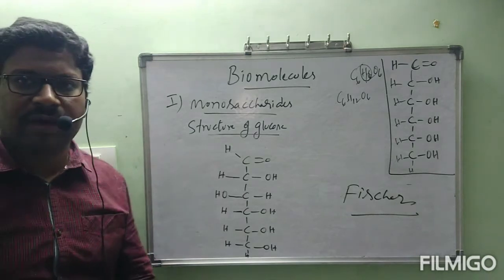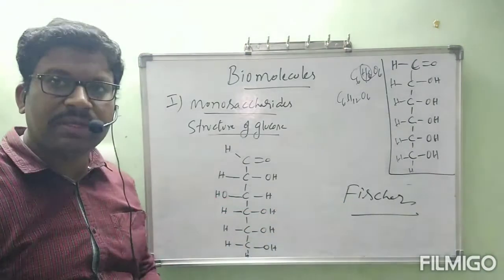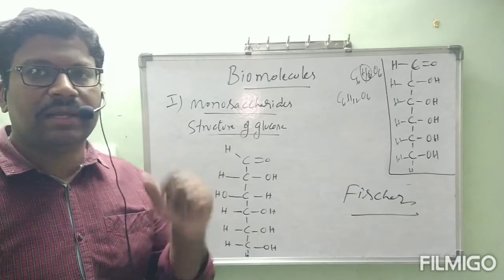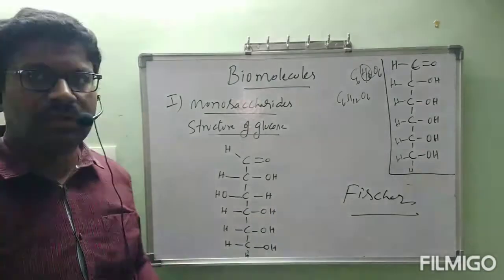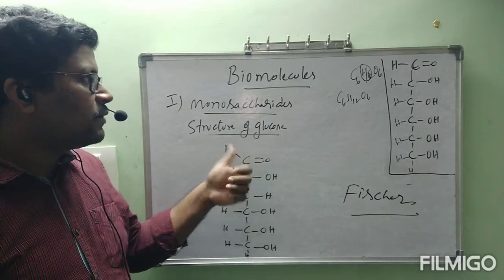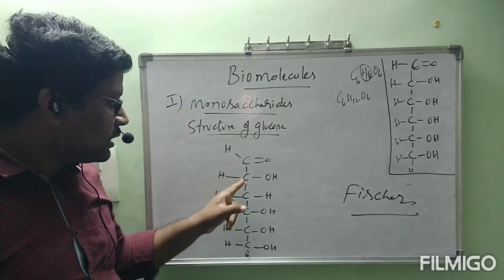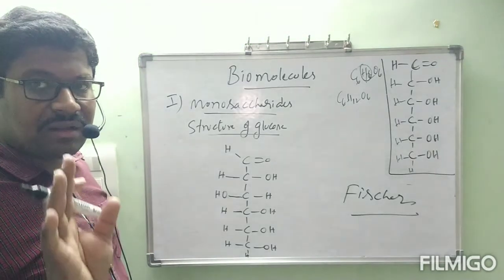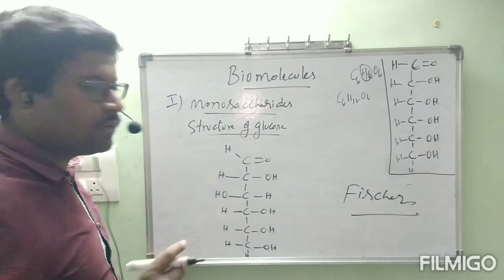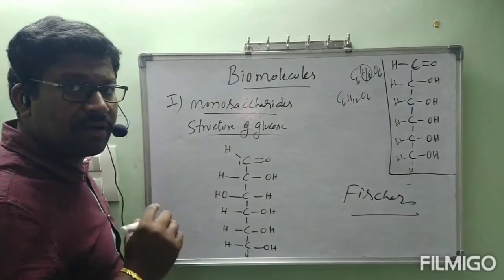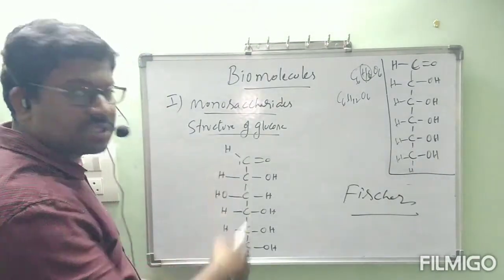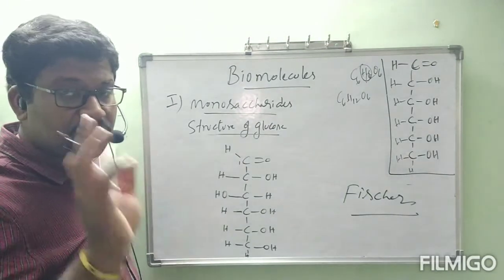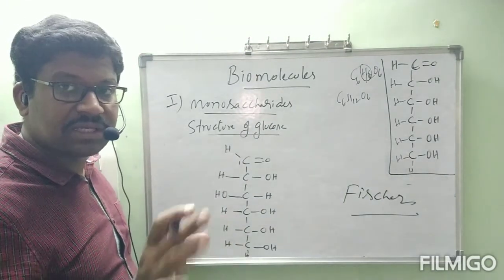This is the final structure of glucose, by using the data from the 6 steps as well as the optical activity data, which was given by Fisher. C double bond O, H. Second carbon, let us give the numbering. Please don't forget, every time it must be remembered with numbering. Why have we given the first carbon atom? What functional groups do we have? Aldehyde and OH. Which is the primary functional group according to the preferential order? Aldehyde is first, next alcohol.